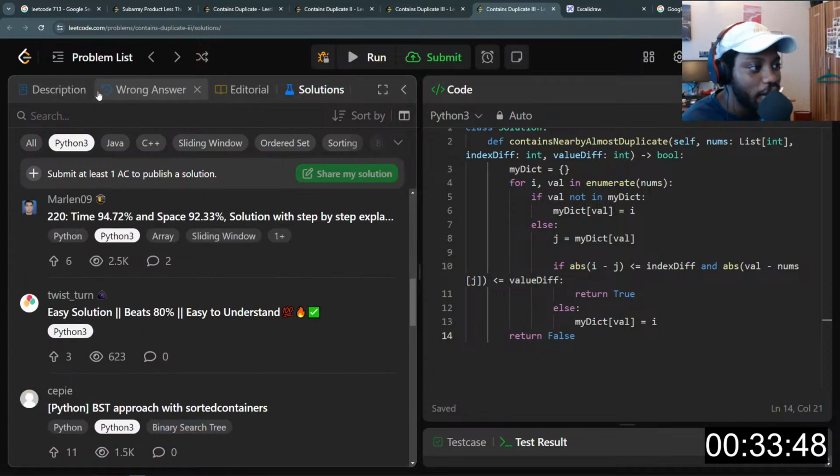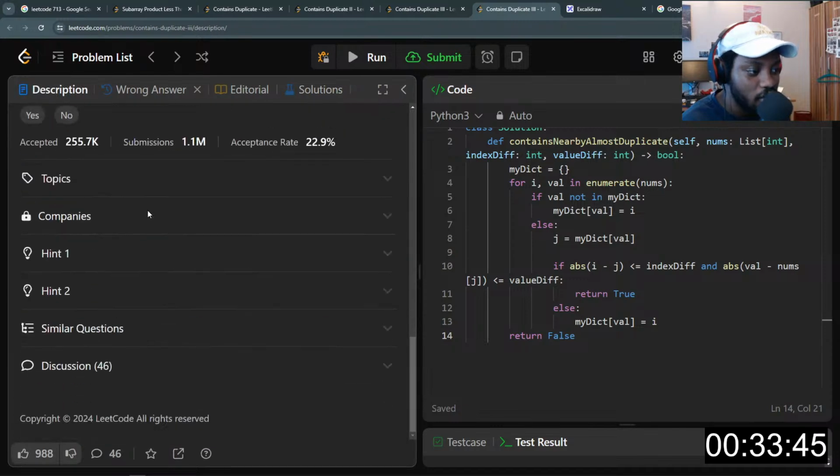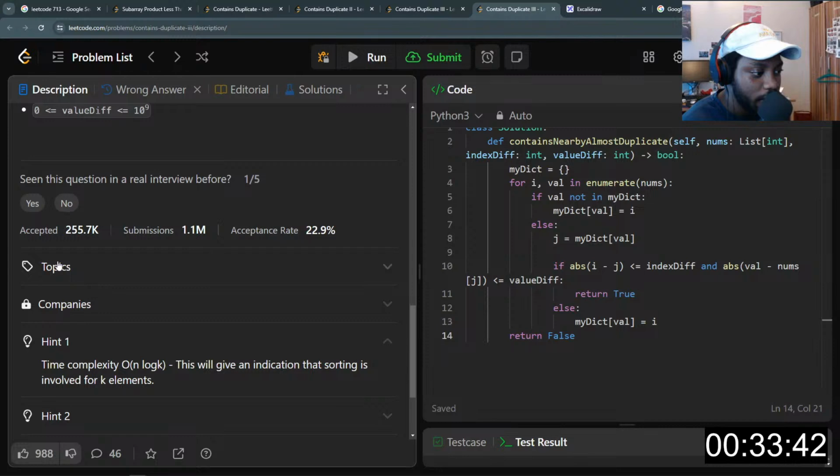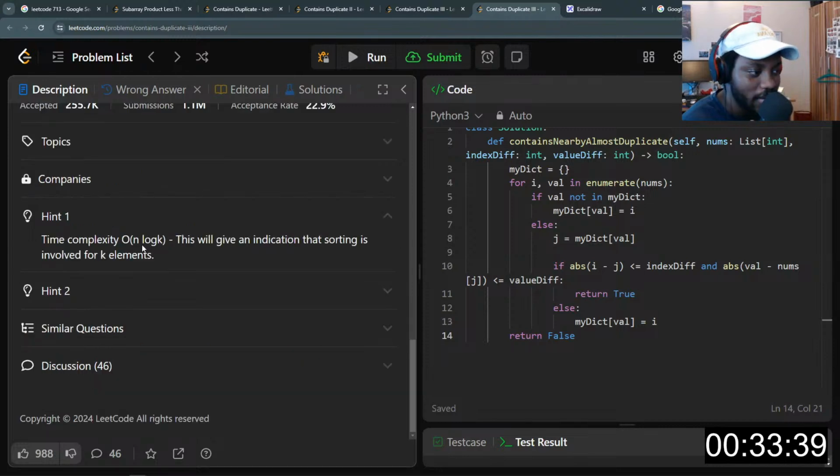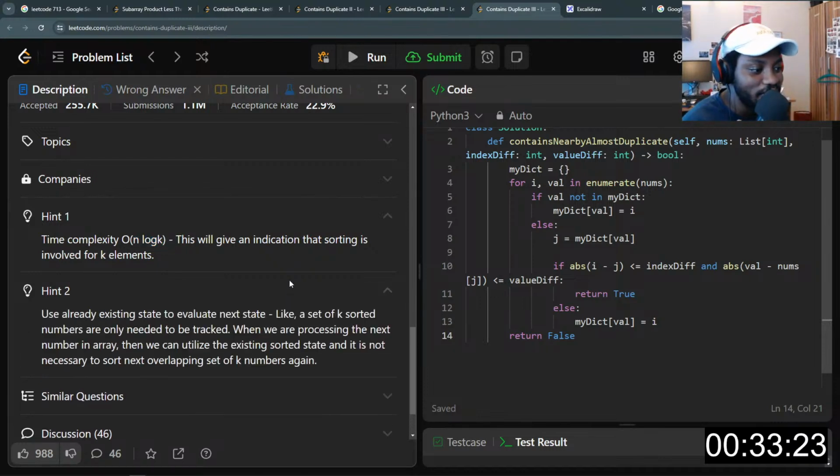Before I look at the solution, let's take a look at some hints. This is also helpful. Time complexity O(n log k) gives an indication that sorting is involved for k elements. Ah, I see. So we needed to sort the array.